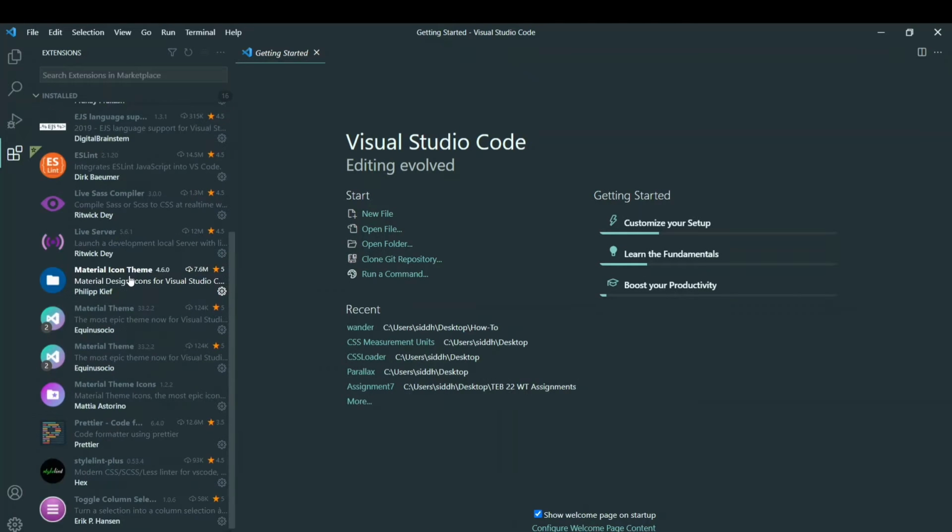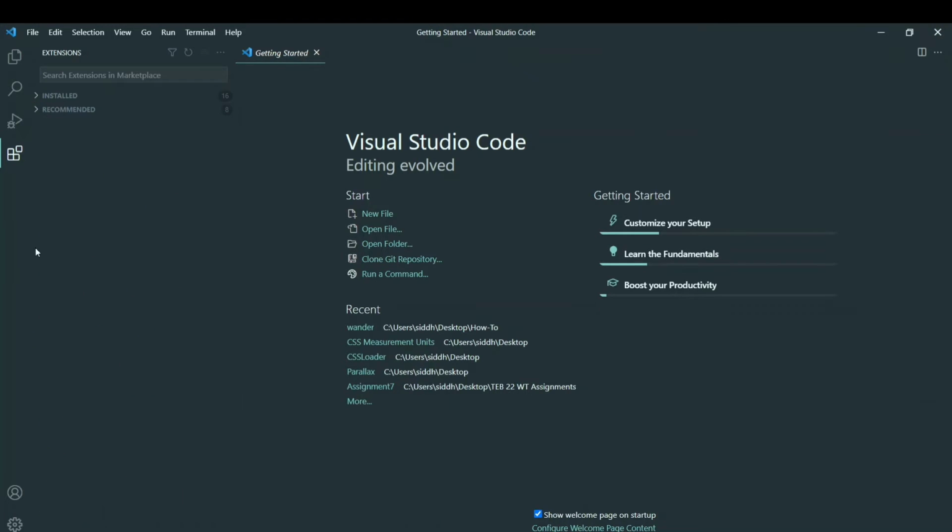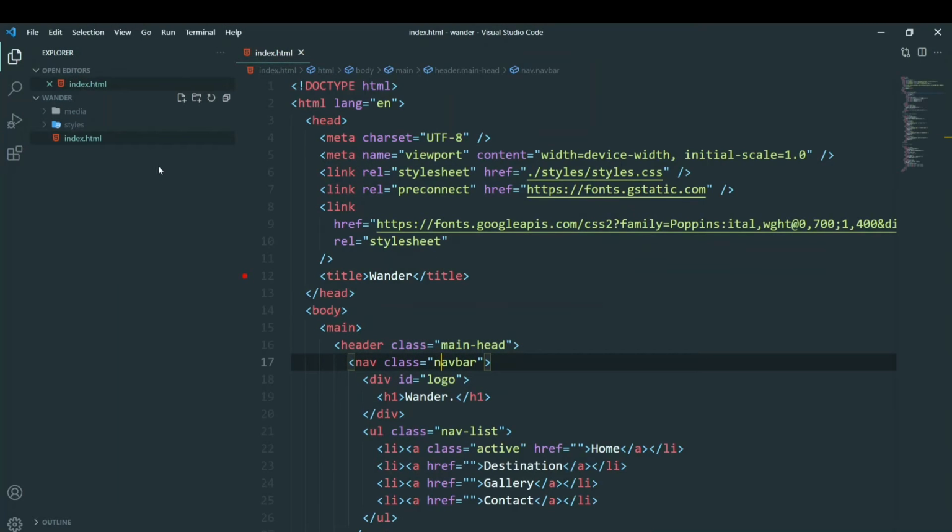Now I use all of the extensions that I'm going to suggest today, and it is not a ranking video, it is just a video in which I'm going to tell you about the extensions that are very helpful. I might miss a few extensions, and if you know about such extensions, make sure you write in the comment section any important extensions I missed. So let's go back here, and to install an extension, simply search for it in the marketplace and you can find it easily.